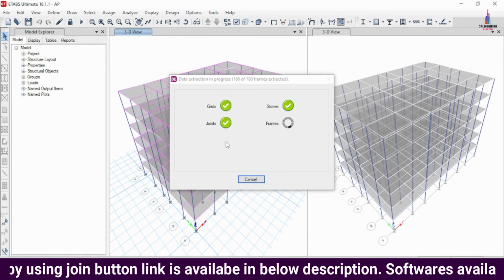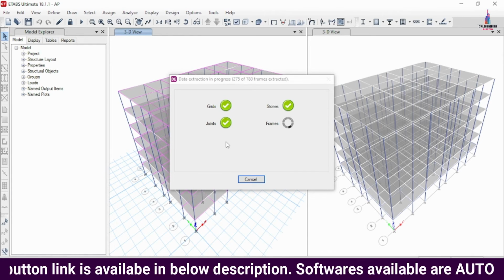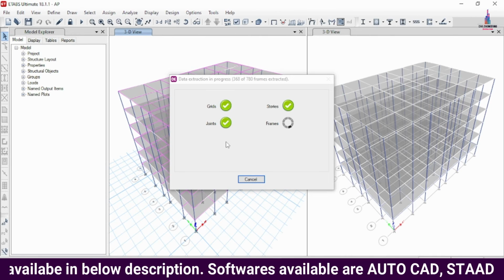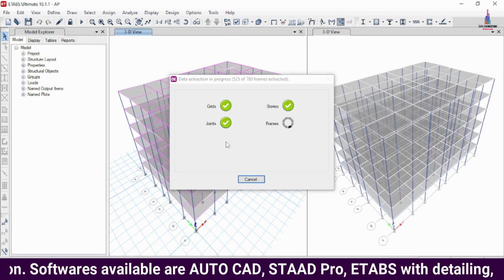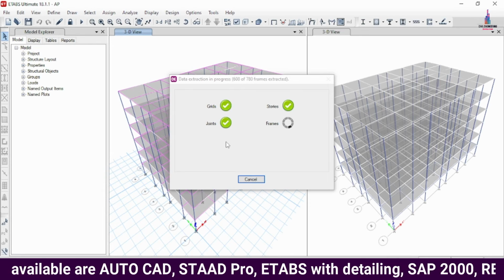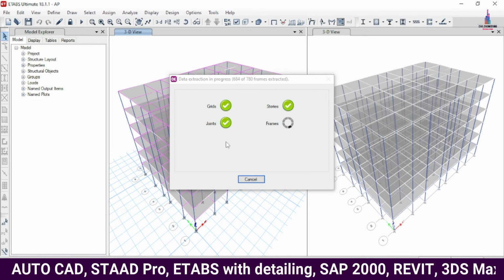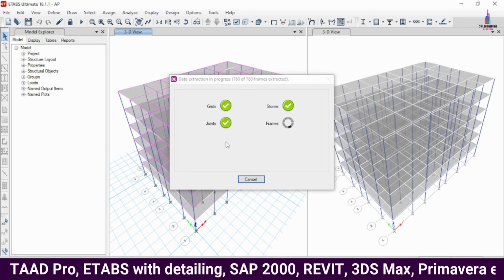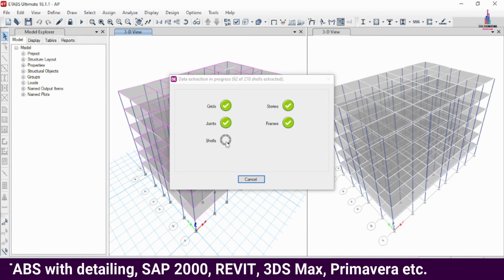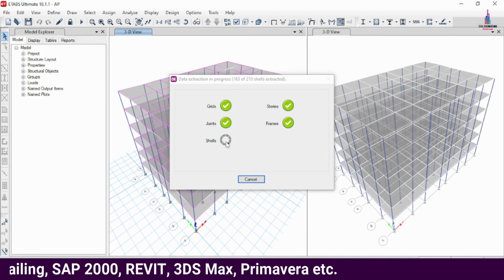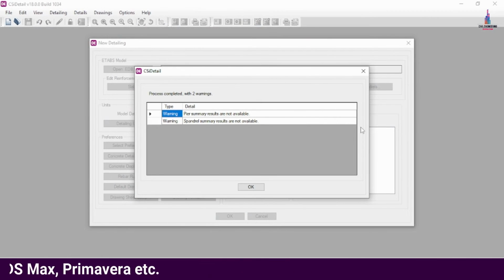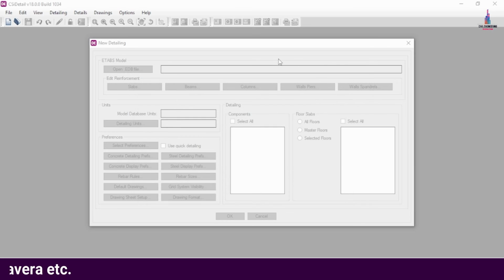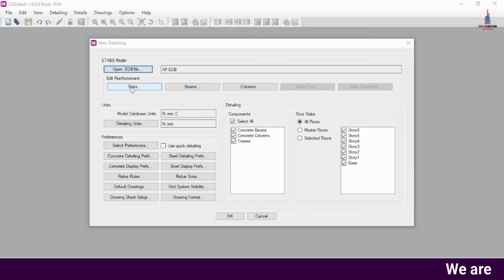After the importing process is completed, we have to edit some values related to minimum distance and maximum distance for the beam sections, column sections as well as the slab section for this building. You can see here it was done with the complete importing process for the grid sections, story sections, joint sections as well as the frame sections. Click on OK. So now we have to select the slab section here.